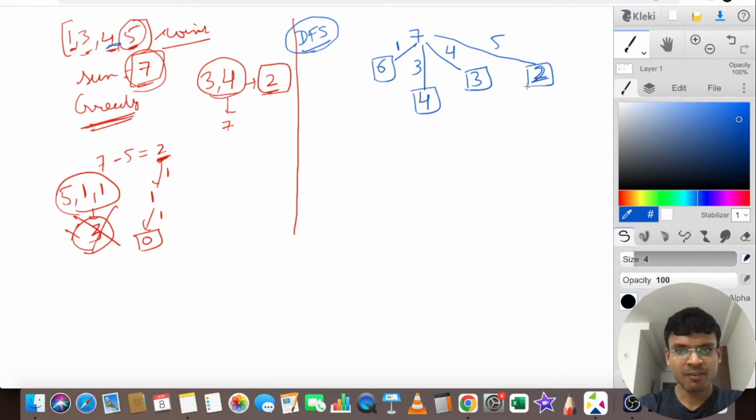See here as well, I will have 4 possibilities. That is, I can use any of these 4 coins. So suppose I used 1 over here. So from 2, if I suppose use 1, then what is the remaining sum that I have to make? 1 only. Suppose I use 3 over here, but this is not